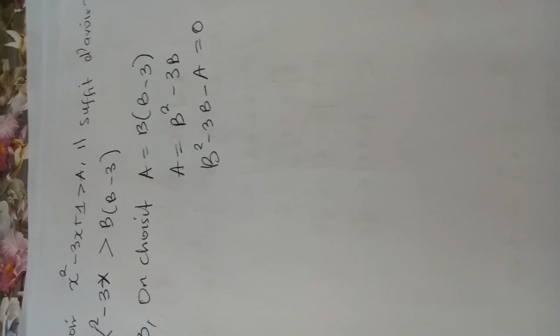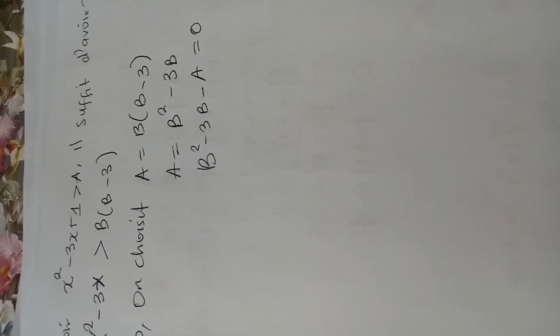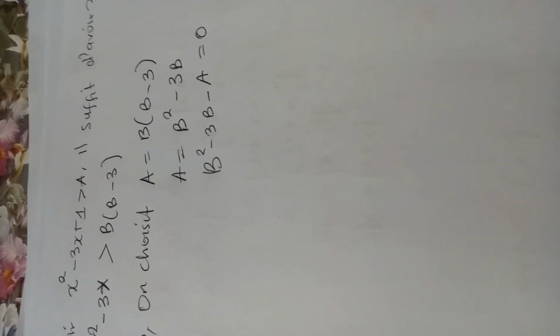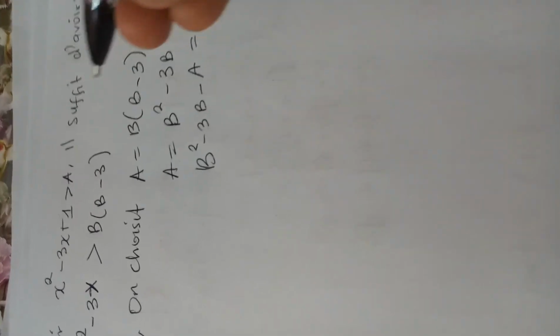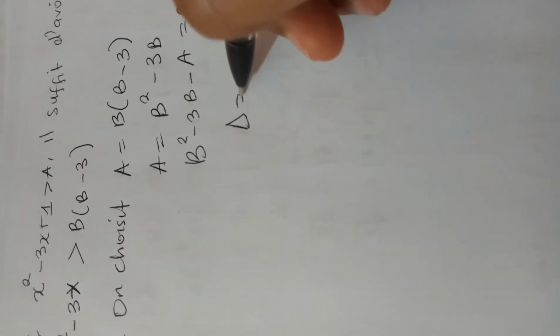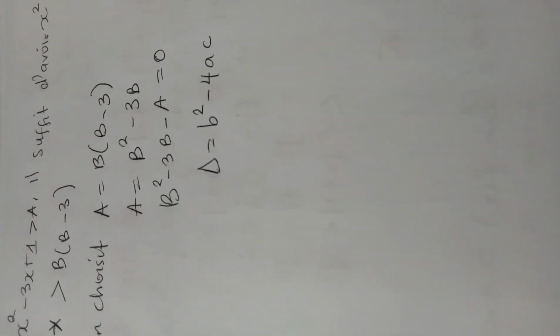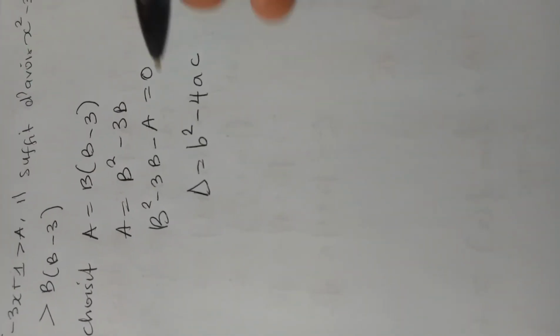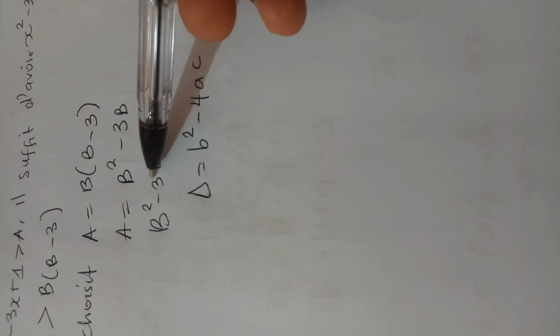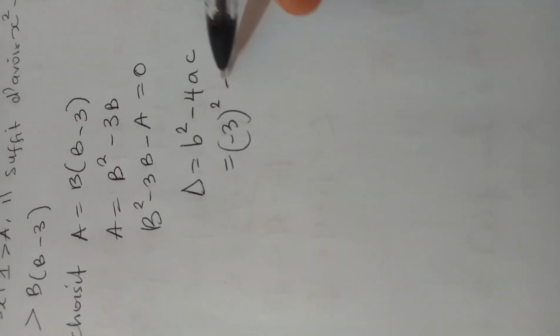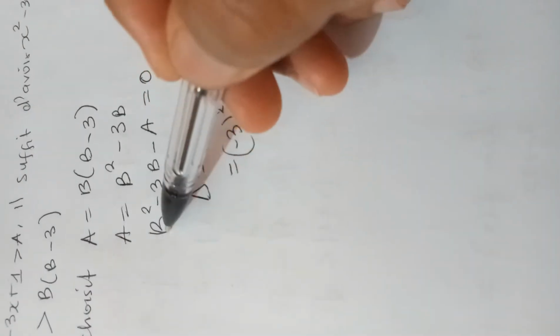And then I'll also be bringing in more questions so that we can all improve together. So what else? We've calculated delta. We know delta is what? B squared minus 4ac from quadratic. So what is b? B is negative 3. So if I have negative 3 au carré minus 4 times b is 1,